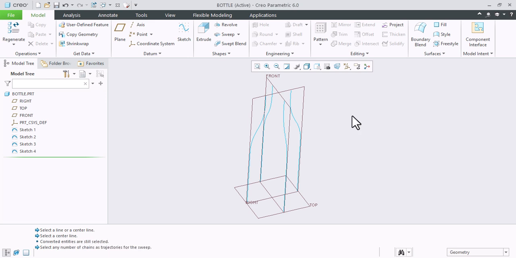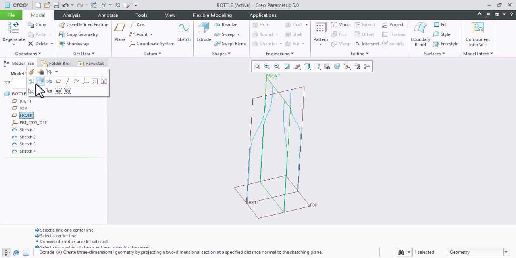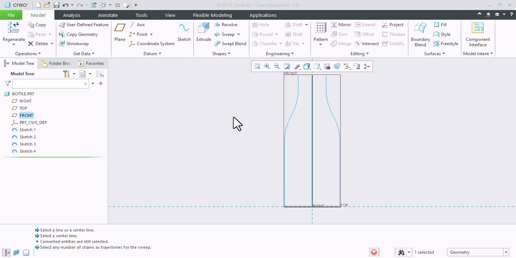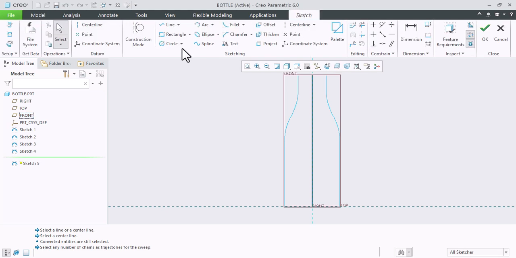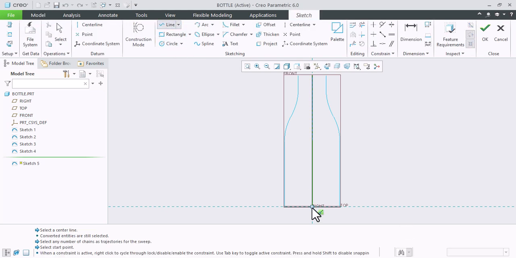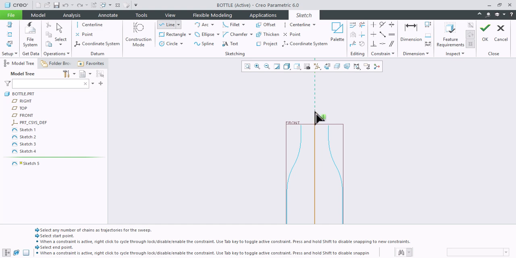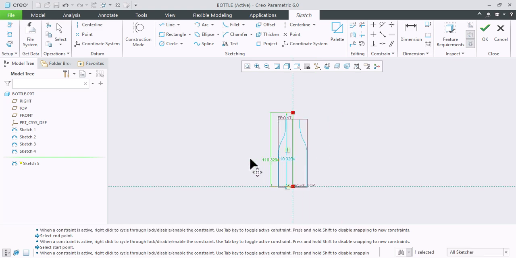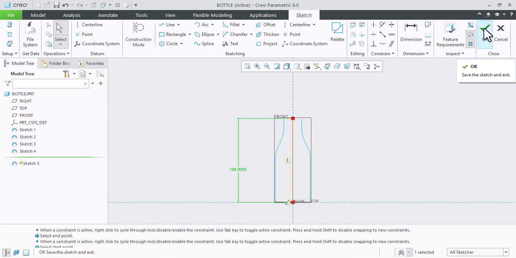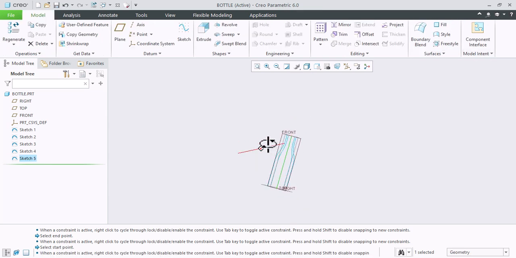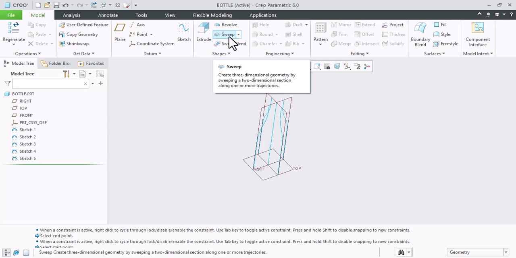But again, we need central profile to define the origin trajectory. You can either select front plane or right plane. Simply sketch a line of having 100 length as height of the bottle. You can also let the sketch to snap. Our profiles are now created. Now go to sweep command,